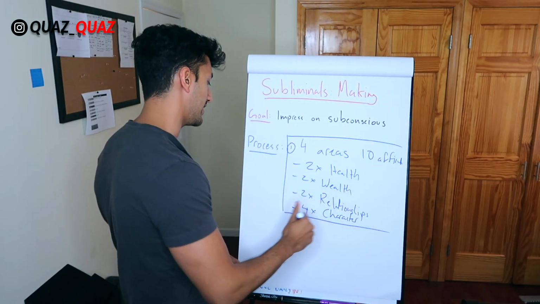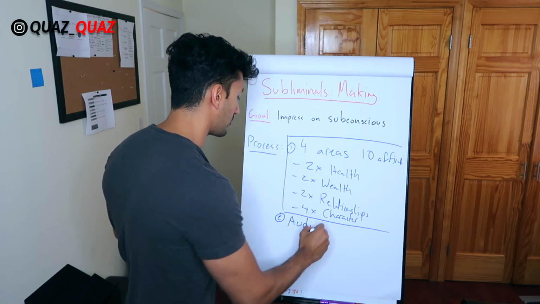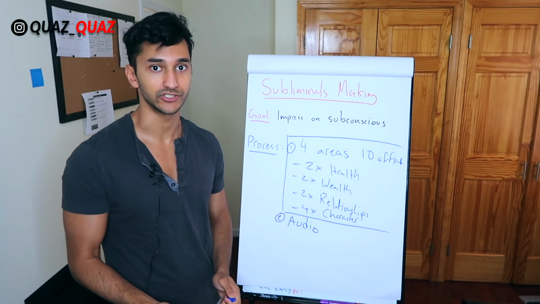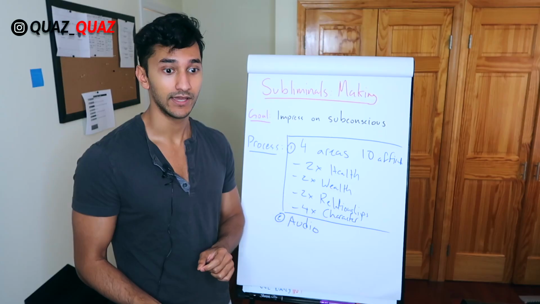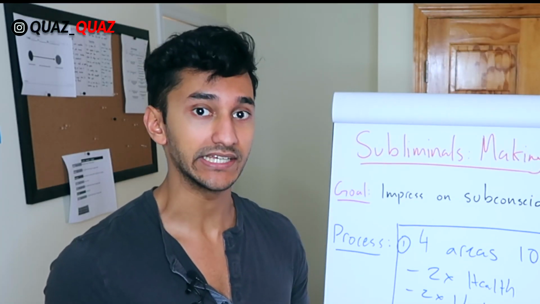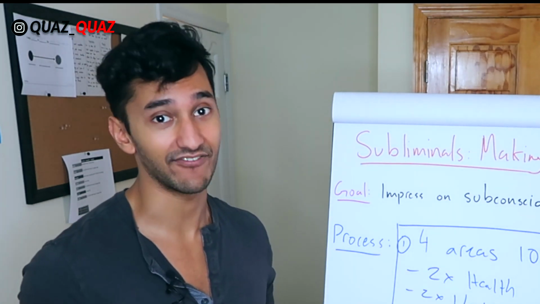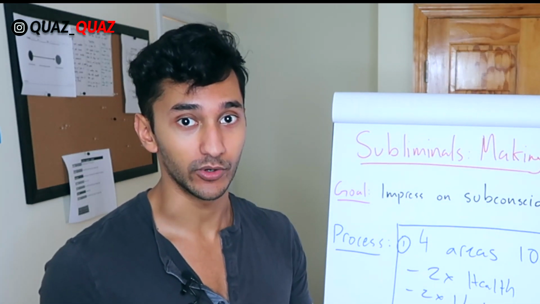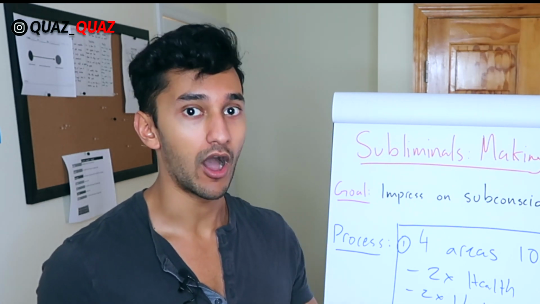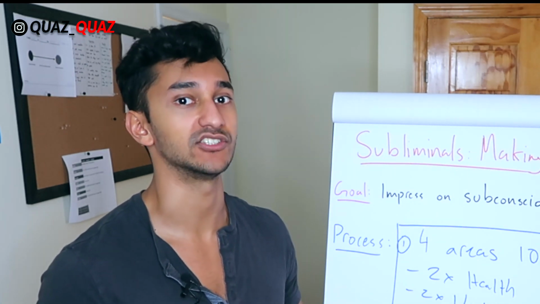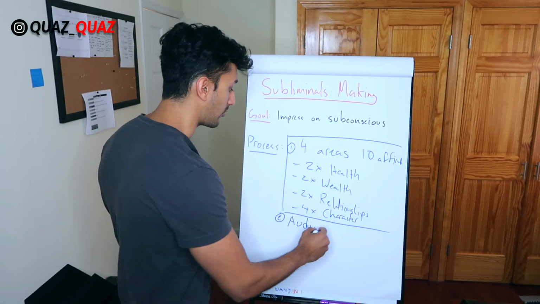Next, what you want to do is make an audio recording. Grab your phone right now and maybe grab headphones, or if you have a mic, that's even better. Sit down in a quiet environment and record yourself saying these 10 affirmations on your phone. Just make it as calm as possible. Get as relaxed as you can before you do it, because this is something you're going to be listening to as you fall asleep. So, audio recording.